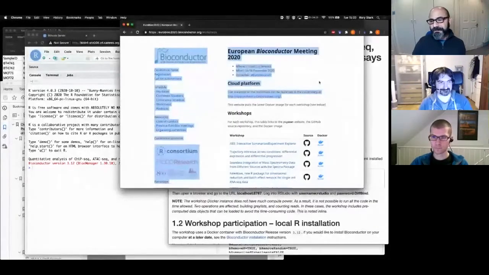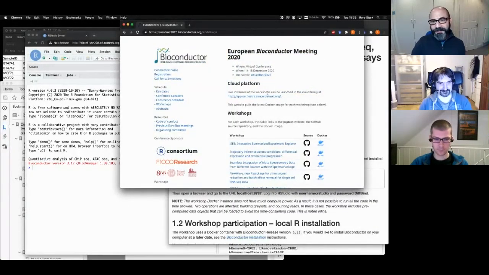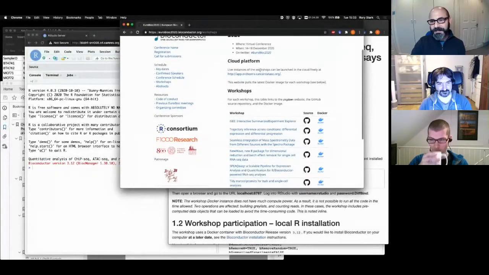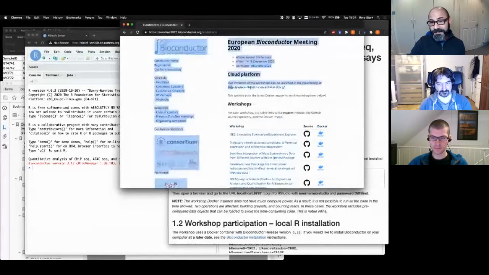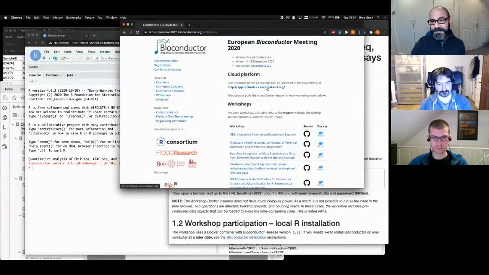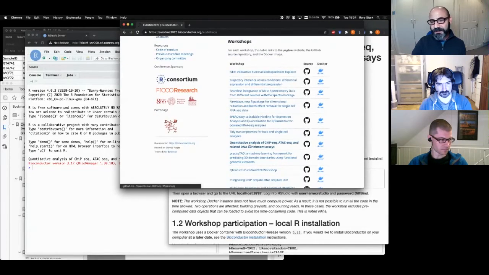For those of you who want to follow along, you can go to the workshop page that's on the main website page. If you want to load it in the Docker instance that's being provided by the conference, you go to this link right here, cancer data sci. I think you might have to register for the site and then find the workshop, just put in ChIP and you'll see it, and then it'll spin up an instance for you. The other way you can do it is to come to this workshop, there's the GitHub,